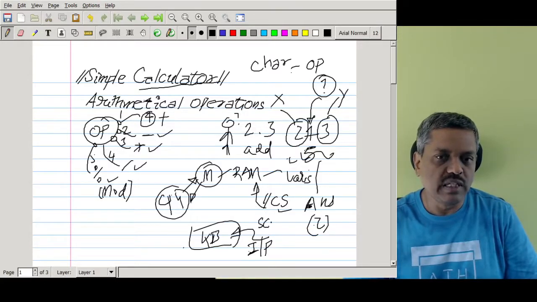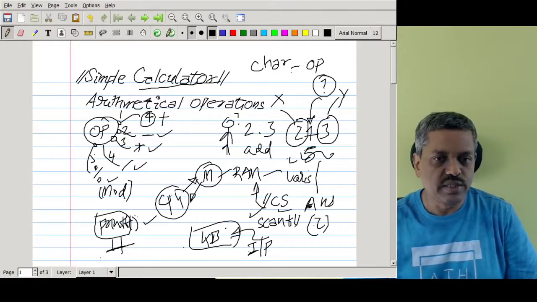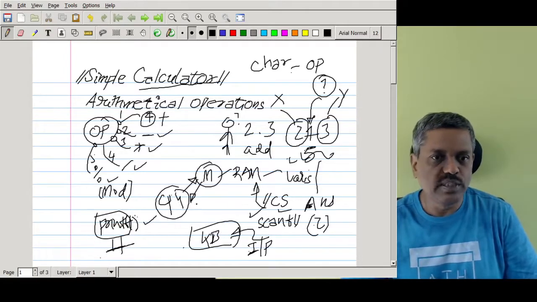So what we need is the scanf function to read, and whatever is happening will be displayed by the video or the monitor. That can be done using the printf statement. So that is the idea. We use the scanf function and the printf function for read and write operations, and of course the CPU will be there to calculate whatever the operation.